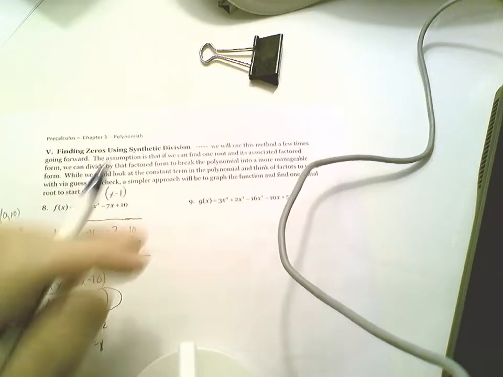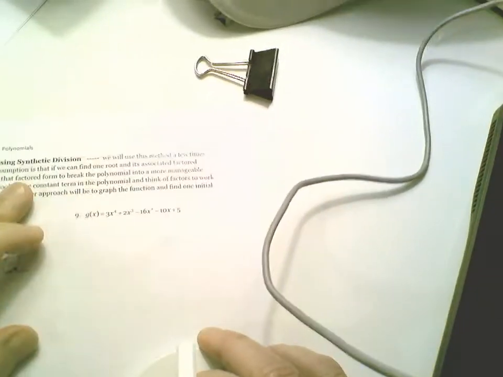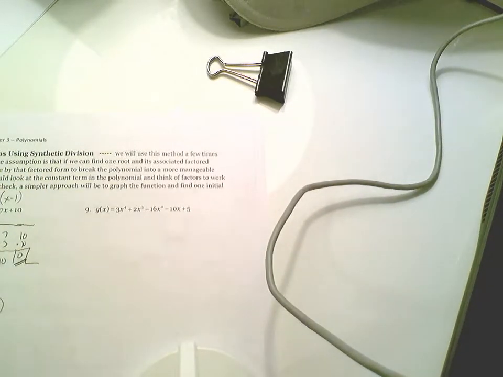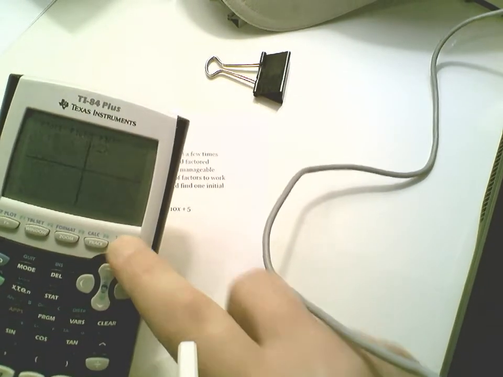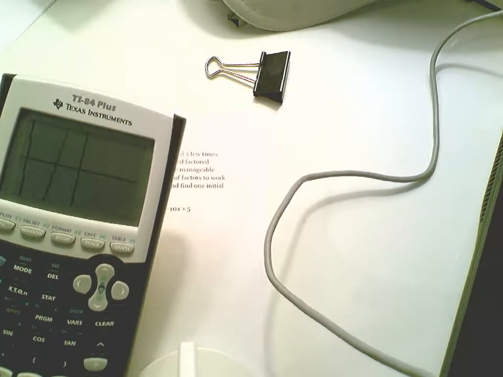The last problem that we see over here. Give me a second to just kind of move everything. Clear my y1. 3x to the 4th. Hey, a little bit bigger polynomial this time. Plus 2x cubed minus 16x squared minus 10x plus 5. Okay, so that's what I should look like in my calculator. I'll graph it. Again, I've had my window that's kind of pretty open, so